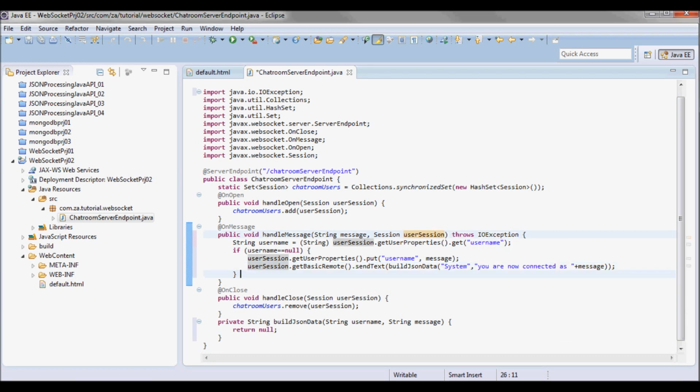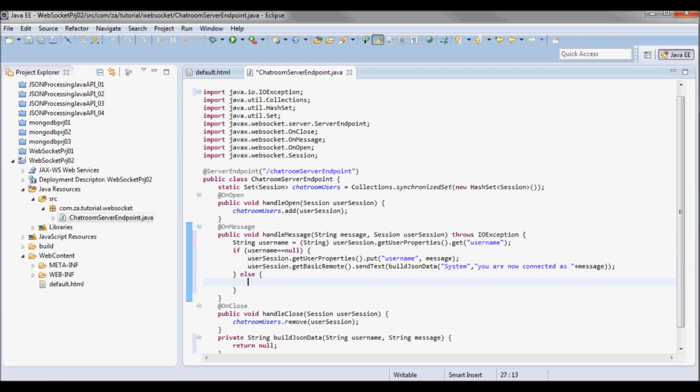So in subsequent messages, I'm gonna have the username stored here, so I can use it. So what I'm gonna do is iterate through all the users that are in that chat room and send them the message that that user sent.